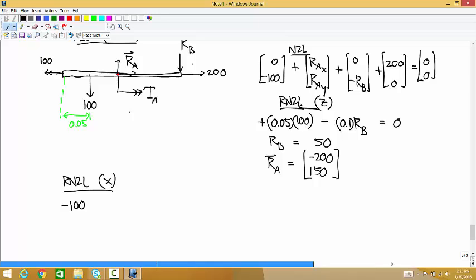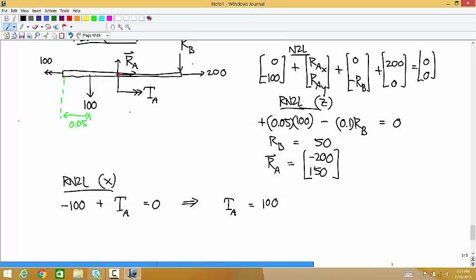Okay. So negative 100 plus TA is equal to 0. Any questions about that? Okay, so TA is equal to 100. And those are all the external loads. All right, so now,